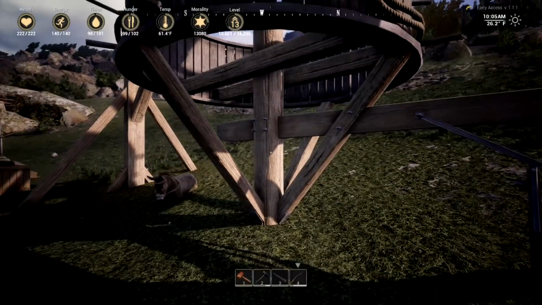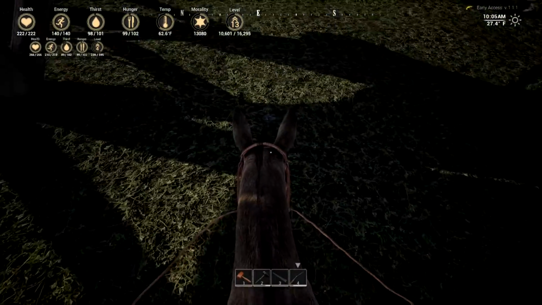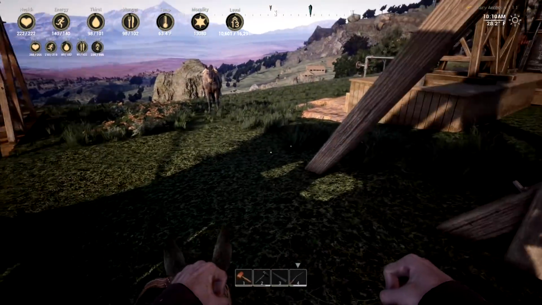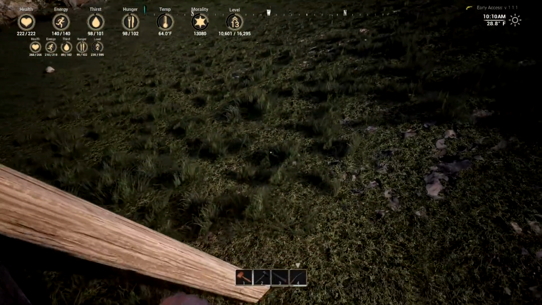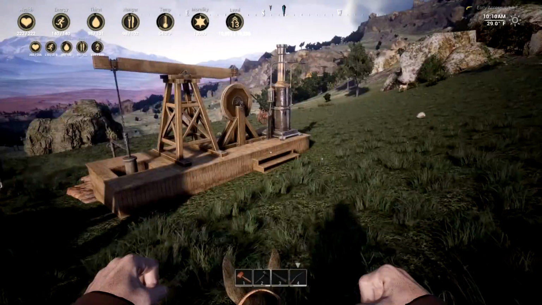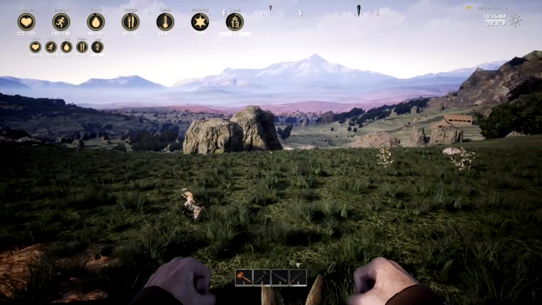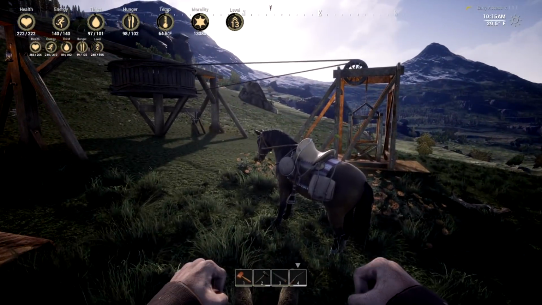Attached donkey. Oh, he's not even attached anymore. Oh no, he's stuck in the ground. Ugh. Oh, whoa. Oh, we got him loose. Oh, good, good, good. Holy moly. I think before I go and take this guy up...